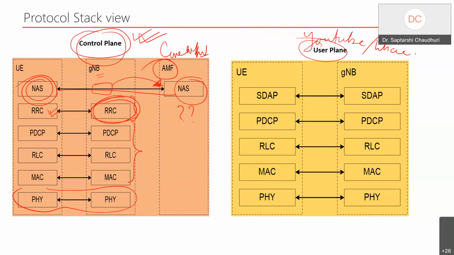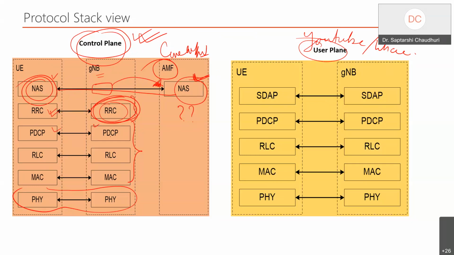Like the RRC from the device talks to the RRC of the base station. The NAS of the UE talks to the NAS that is residing in the core network. The PDCP layers have to talk to each other to ensure the control plane is up and running first. Then only will the data start flowing.